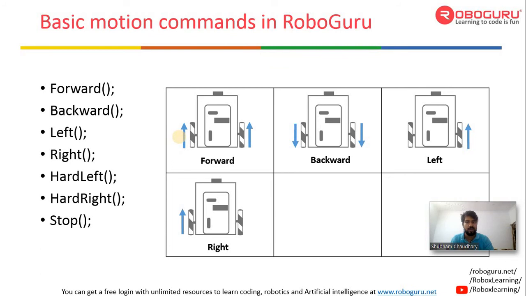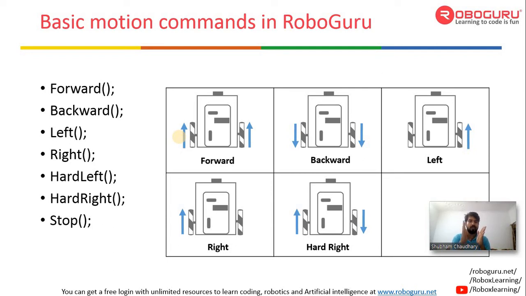And when we talk about hard right and hard left, two wheels will work. For example, in hard right, just look at right and hard right. You can clearly see that the right wheel is also moving backward. If you are using a right command, it will make the robot turn in the right direction, but in a curved way. But when you use a hard right, it will be a very sharp turn. It will be a little curved turn if you are using a right. Similar cases for left and hard left also.